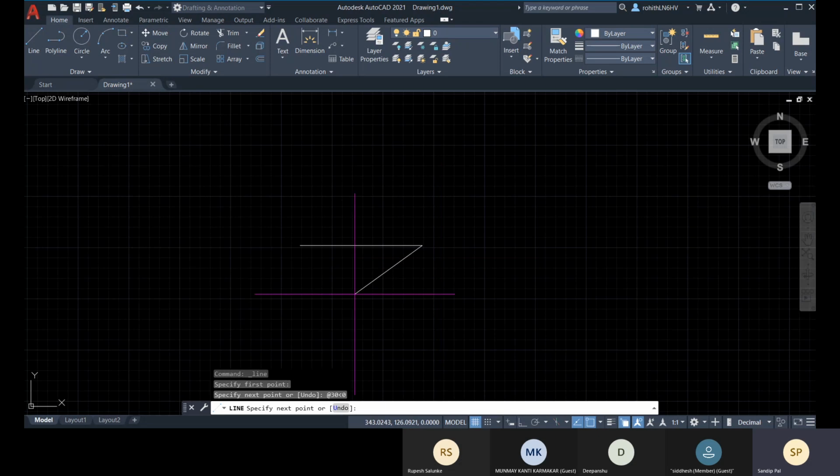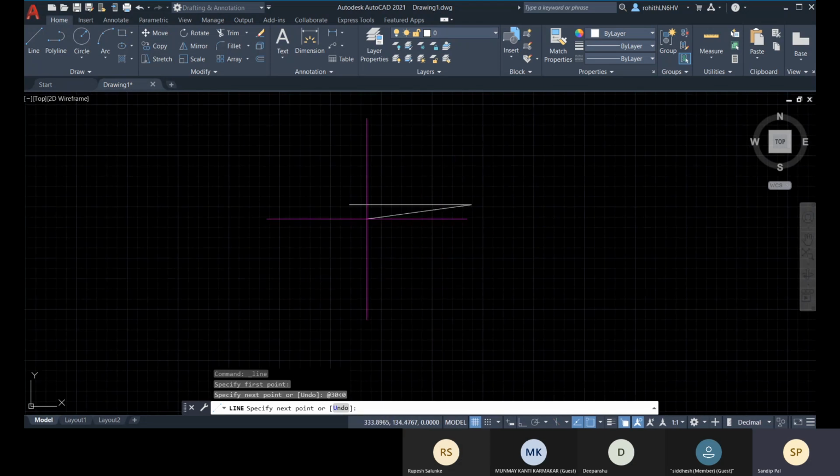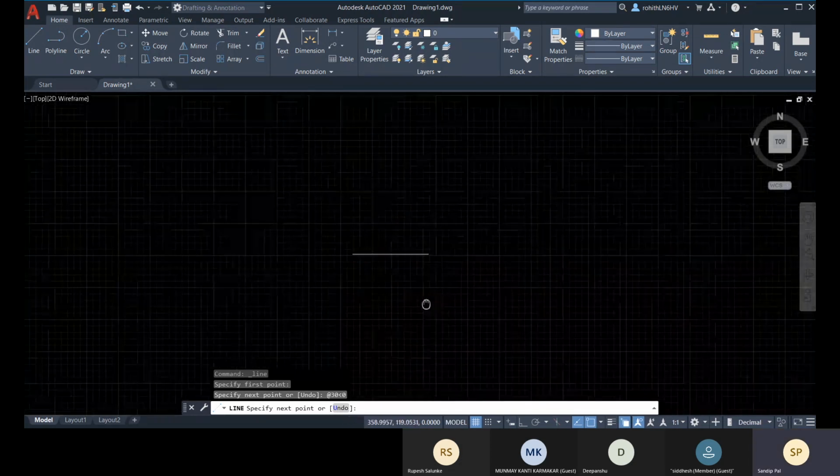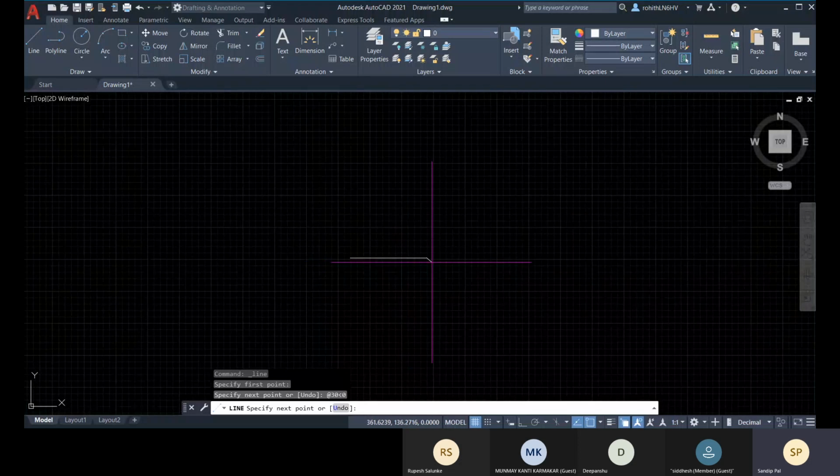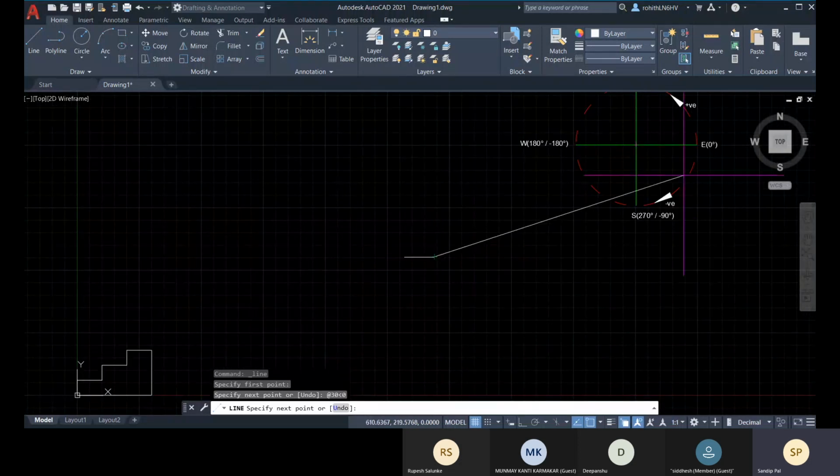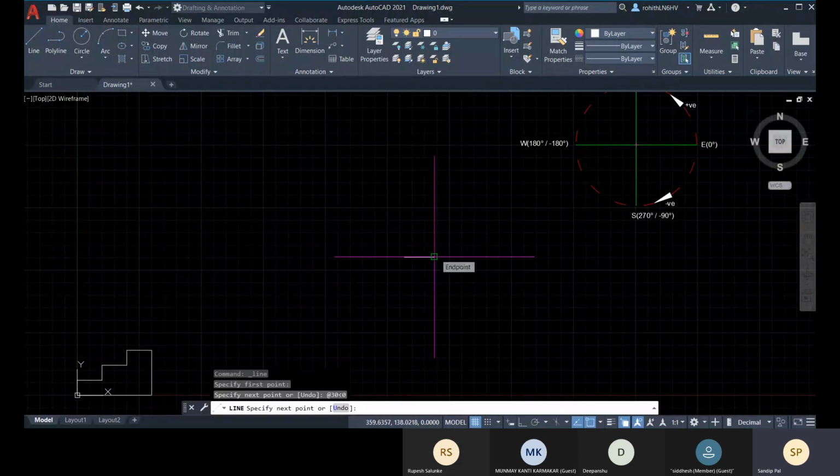And then I have to draw in this direction so that it can maintain 60-degree with this previous line. Okay, so it will maintain the inner angle 60-degree, but I will not place with the 60-degree. You know that from the initial angle, 60-degree is in this direction. 60-degree is in this direction, right?